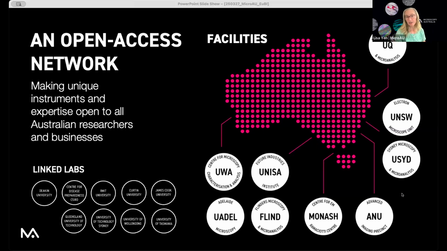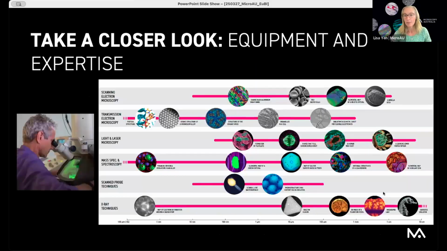So we do think about ways to try and communicate the importance of microscopy and bioimaging to both our funders, but also to our researchers. And so some of the way that we do that is try and take some of the micrographs, some of the images from our instruments, think about how to position them both in different techniques so that people can understand the breadth of the various techniques that we offer, but also the scales with which they're able to use those. So whether that's looking at atoms or proteins, right the way up through to animal skeletons. And I think that's got some synergies with Euro-BioImaging as well.